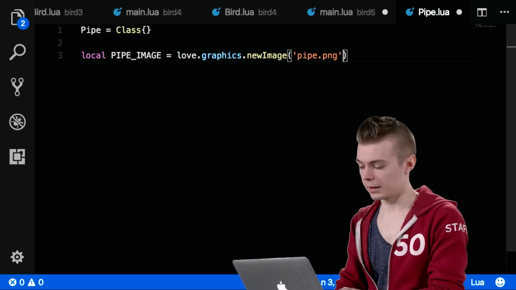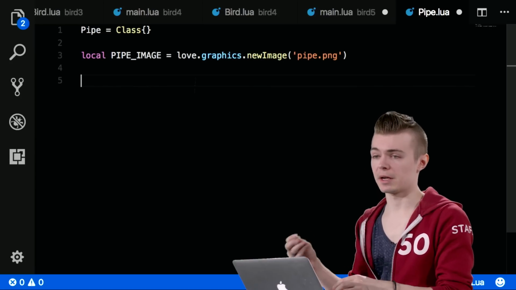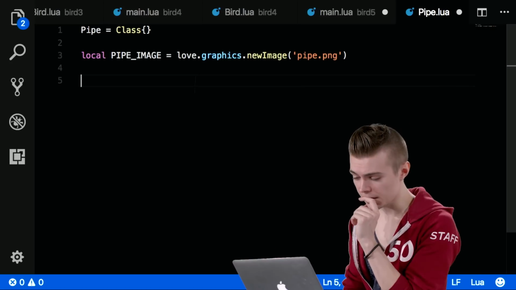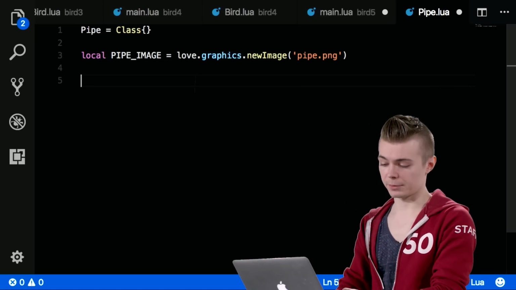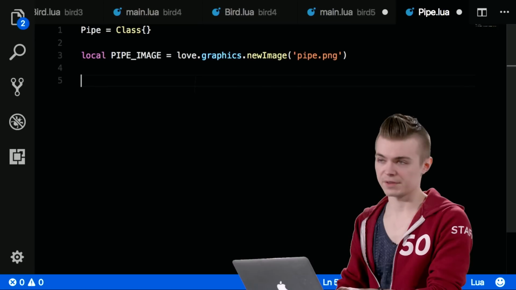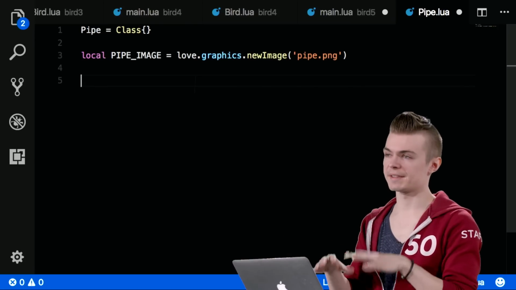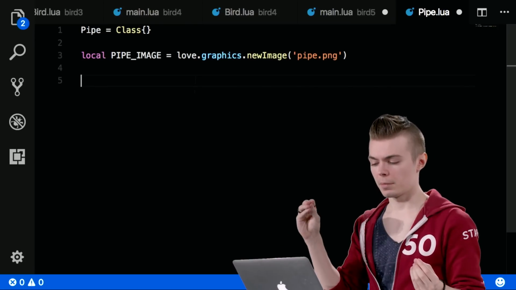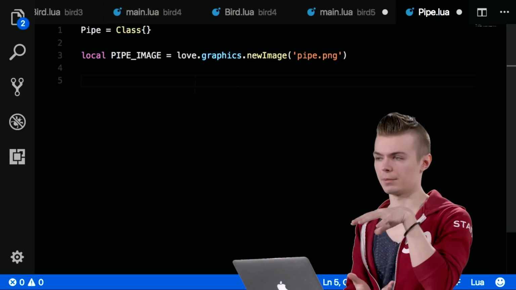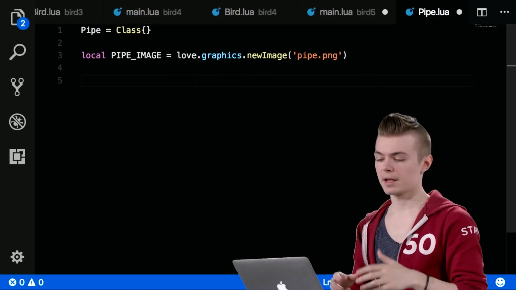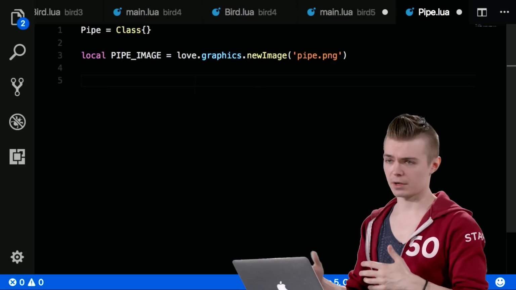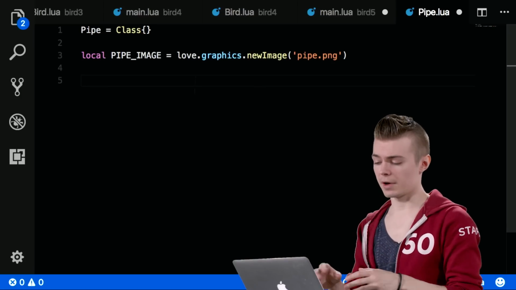We're going to call it, say that we have pipe.png in this folder. This is sort of separated out from the functions that we're going to be defining in here, but this has the effect of creating a semi-global graphics object, even though it's contained within this class file. It's not accessible outside of this class file because we don't need it to be,